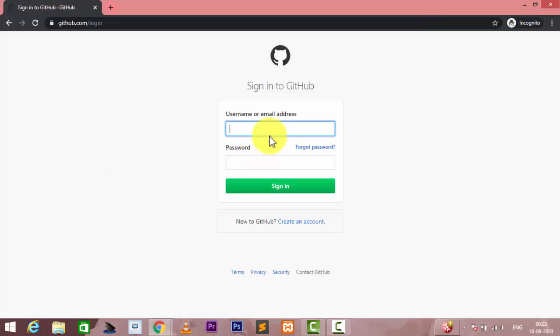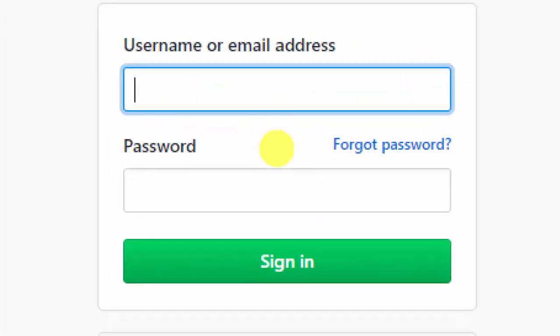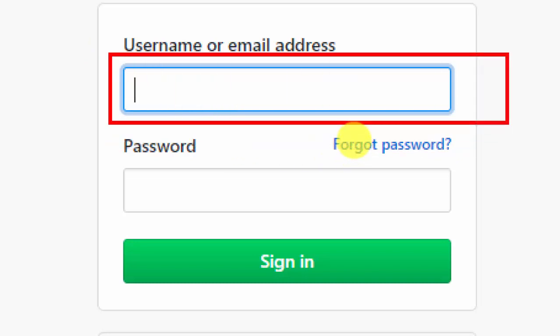Here I input my username, and here I simply input my password.